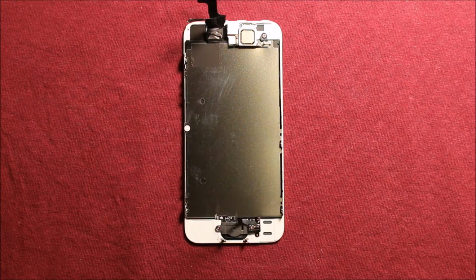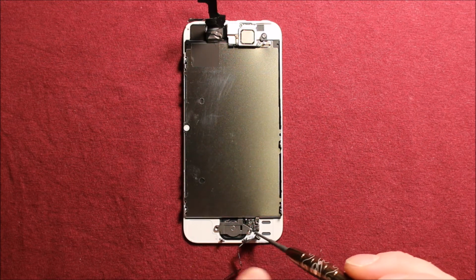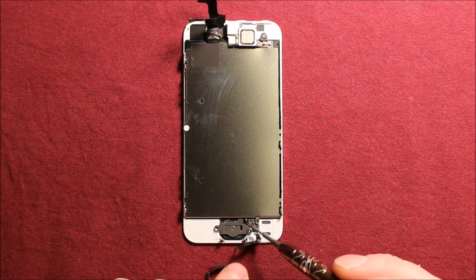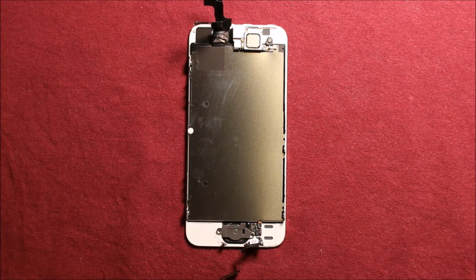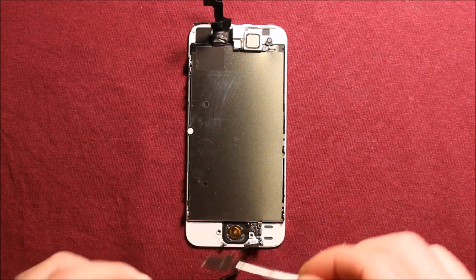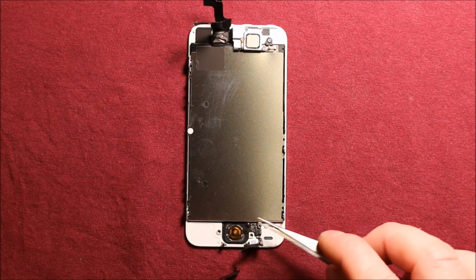To change the home button, what you will need to do is right here there's 2 Phillips screws. You will want to remove these 2 screws. Then next, once you remove these 2 screws, then you can tip this up like this, and then there's a 3rd screw right here that you can remove as well. So then next you can just grab something and pull this off, this plate,